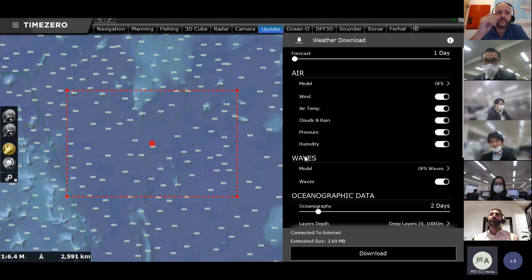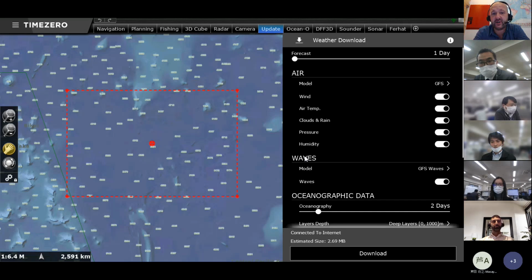Another question related to this information. As far as I understand, they download the information on land and they make a plan for fishing. Is that correct? It depends. Today we also equip boats with VSAT or any type of satellite communications, and they can download while fishing.